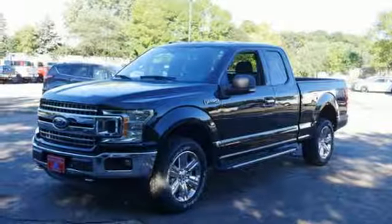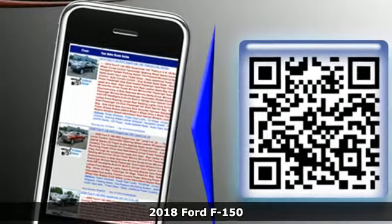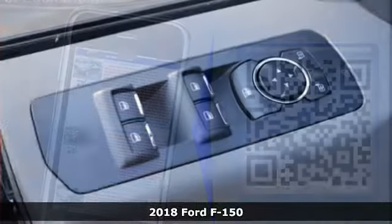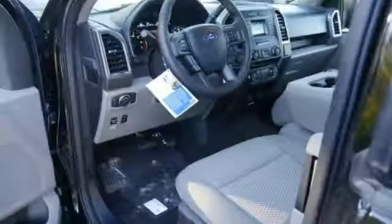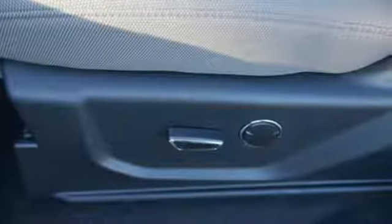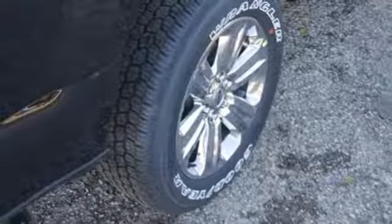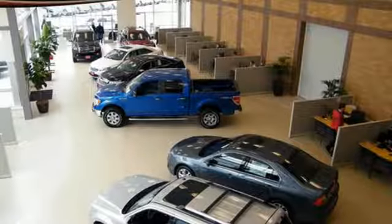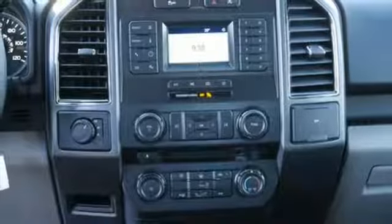Here's a new 2018 Ford F-150. This truck was built to tough it out and tested to make sure it's up to every challenge. It's well equipped with the features you need: V8 engine, electronic shift on the fly, engine auto stop start feature, active grille shutters, AM/FM stereo radio, 3 12-volt power outlets, manual tilting steering column, front tow hooks, gas pressurized shocks,